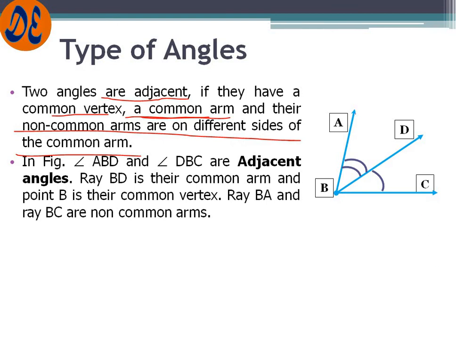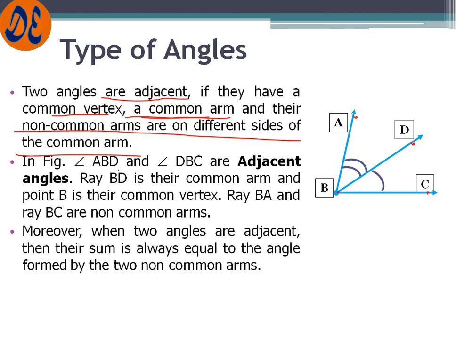Let me again show you with an example. Here you can say there is an angle. We can say there are points A, B, C and D. If we have got 4 points, then there are many angles forming: ABD, DBC, ABC. These all angles are being formed. So now which will be known as adjacent angle? As per definition, there is a common arm. So if we are taking angle ABD and DBC,